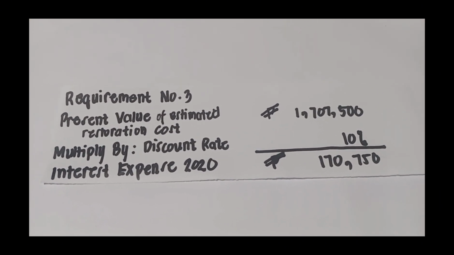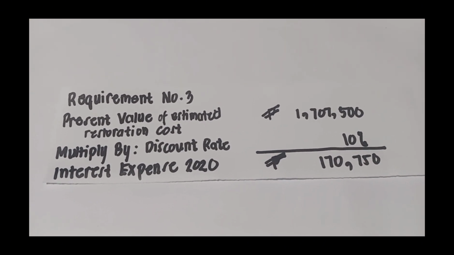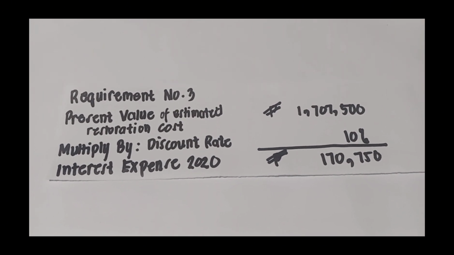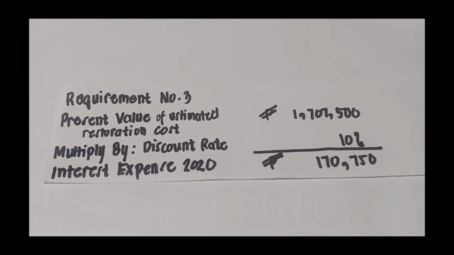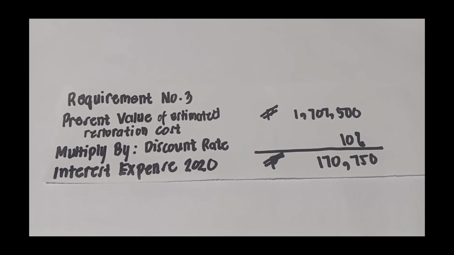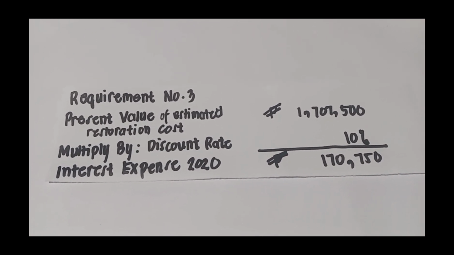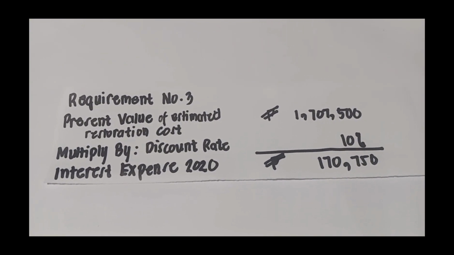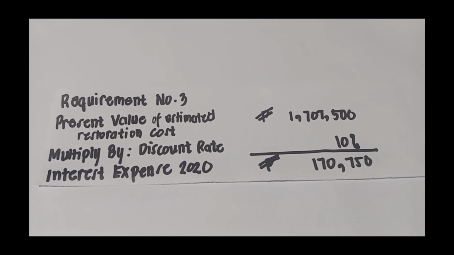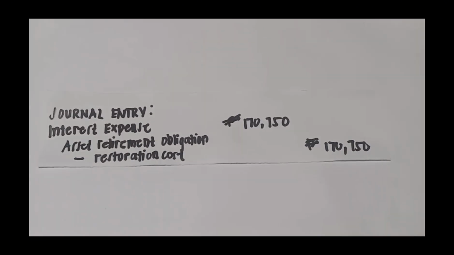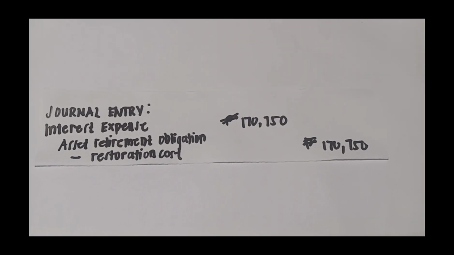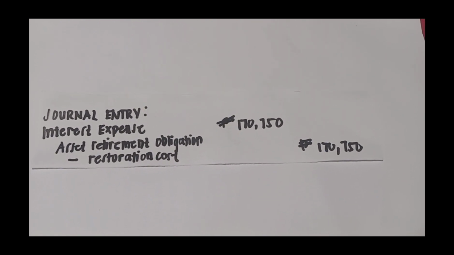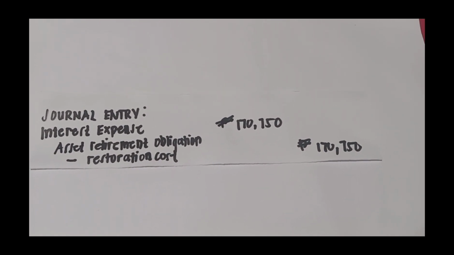So kay ato pod na sidyang i-multiply sa discount rate na 10% na given na sa problem. So 1,707,500 multiplied by the discount rate of 10%. So ang atong interest expense for the year 2020 is 170,750. Ang journal entry ana is ato lang i-debit ang interest expense og mo credit tag asset retirement obligation or restoration cost na